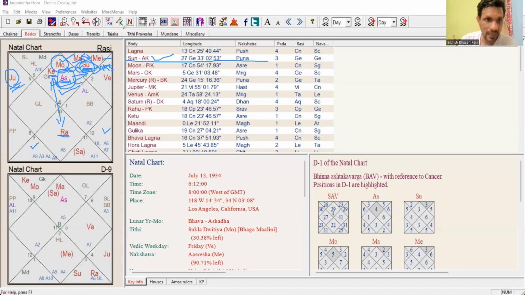So let us analyze the Navamsa. Then we can again come to D1 and see what are the things we can check. In Navamsa you will find that the native has a Scorpio ascendant,